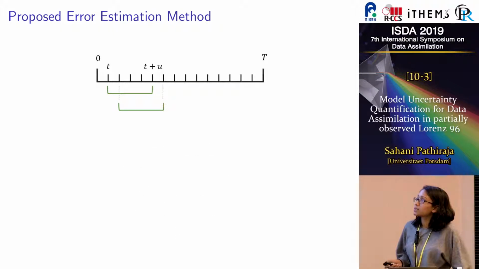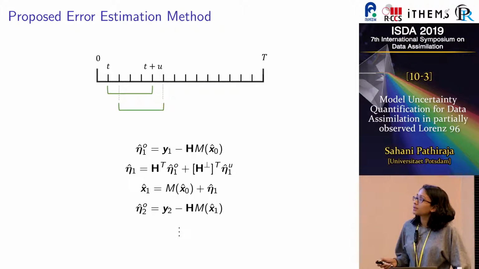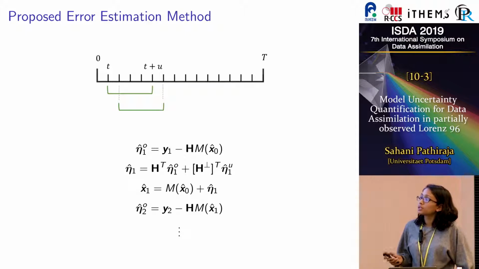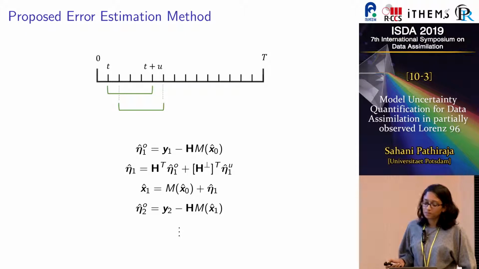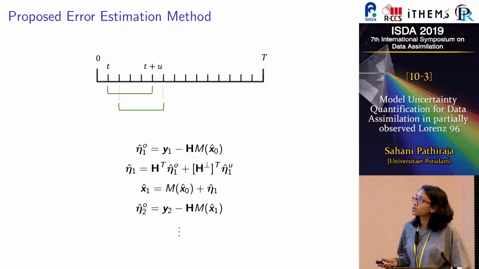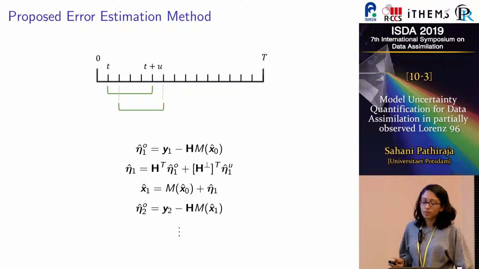And we want to optimize these errors conditioned on this equality constraint, that the observations match the predictions of the observed variables exactly. So if we make this constraint and we also fix an initial condition and provide an initial guess for the errors on the unobserved variables over the time window, we can then do this sequence of operations to generate a sample of eta values. So once this is optimized, we then move over by one sub-interval and then repeat the process and continue until the whole time series is covered.